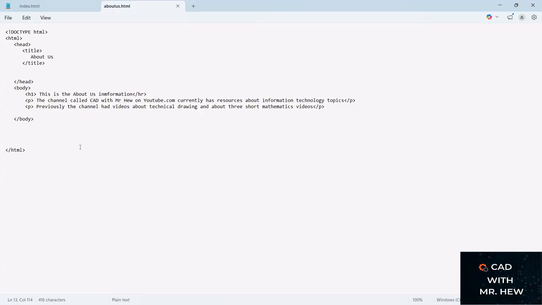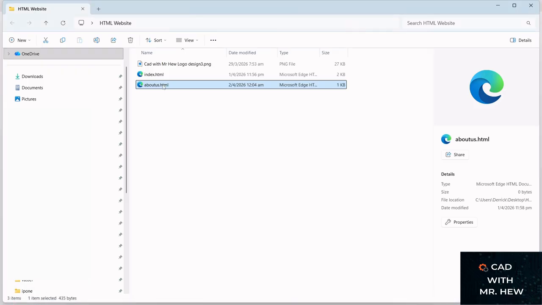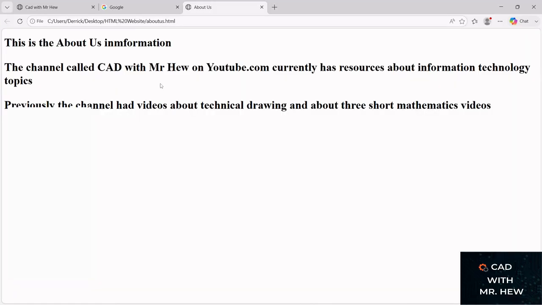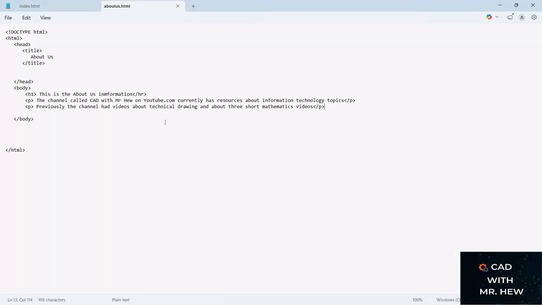Let us know, is it complete? All right, so let us now look at it, so we're going to go to the file folder. Here it is, about us. If I double click on it, there it is, right? We need to remove the M here, information, right? So let's Control S,